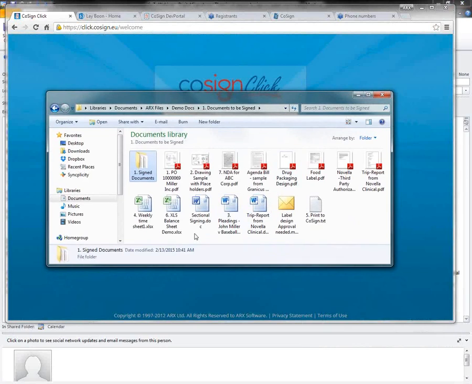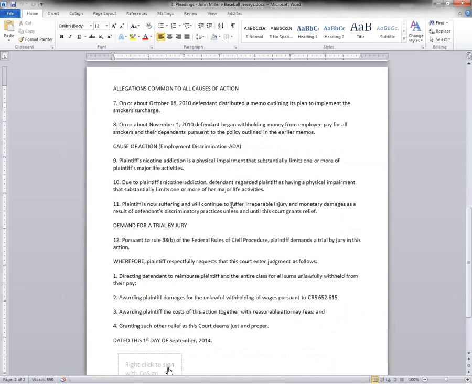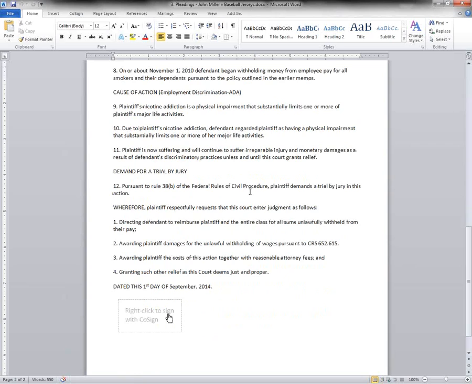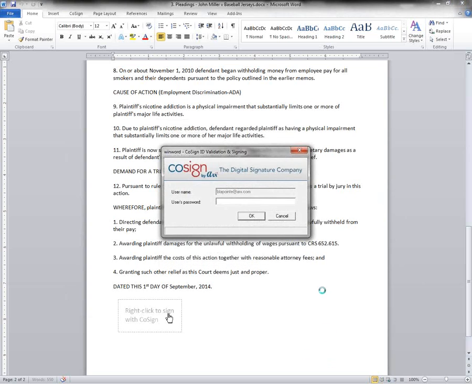The other neat thing about Cosign is that we make it real easy to sign your Office documents, such as Word and Excel. Here's a legal correspondence that I have in my sample documents here, and I could write out a letter or anything in Word, and then when I'm done, instead of converting it to PDF and then pasting in some kind of graphical signature and sending it out where we all think it can't be changed, which of course you can, in this case, I can just apply my digital signature to the Word document because Microsoft Word supports digital signatures. So I can choose the graphical signature I prefer. I can put in my reason code, my title again, and sign.